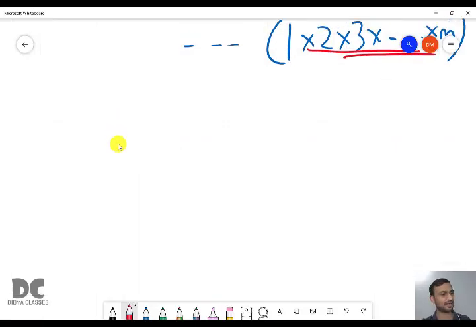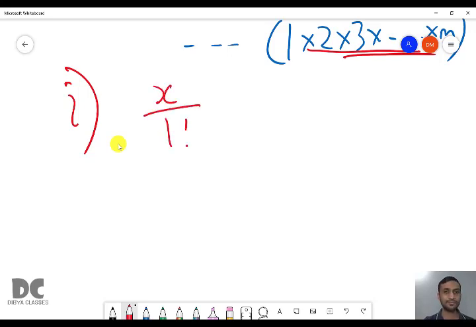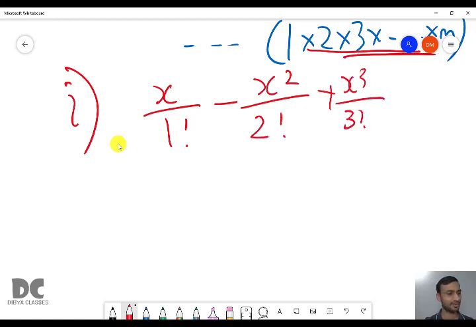So now let us move to another important series question, that is question number 38I. Here we have x1 by 1 factorial minus x2 by 2 factorial plus x3 by 3 factorial minus ... xn by n factorial.